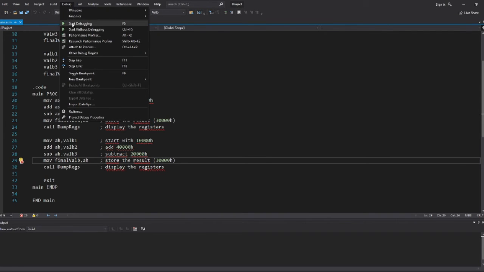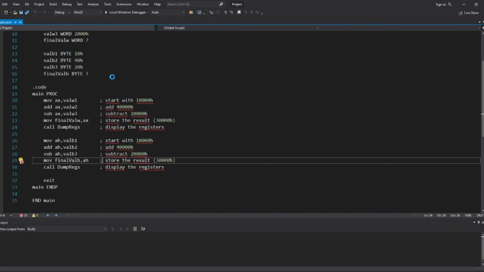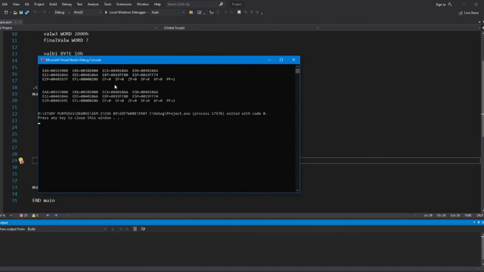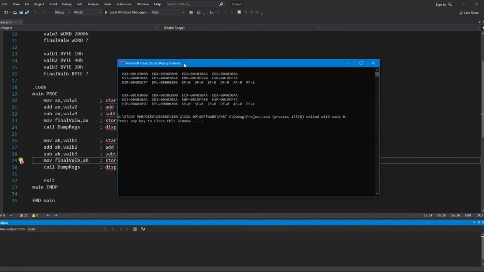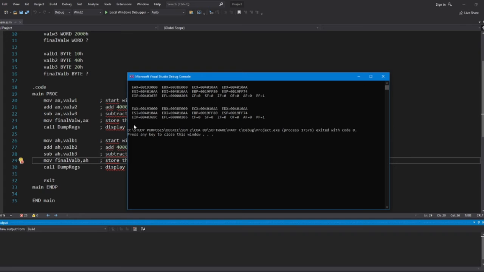Then we execute the program. We start without debugging. Okay, this is the final display for DumpRegs, which shows the addresses.